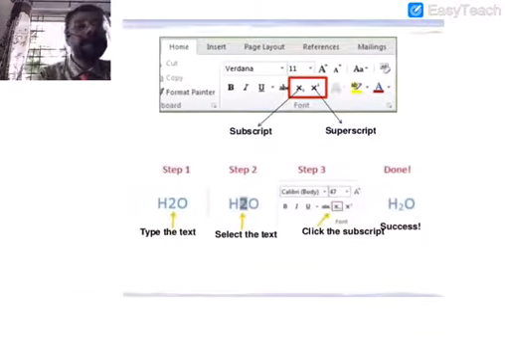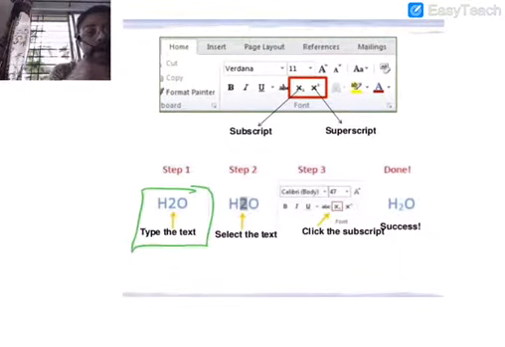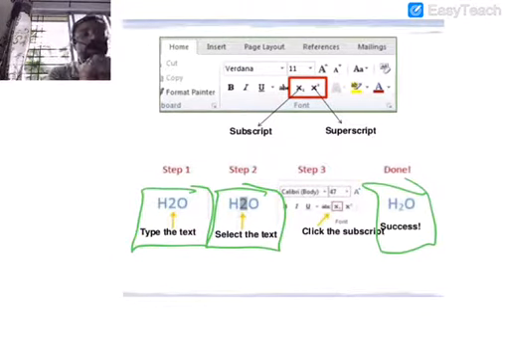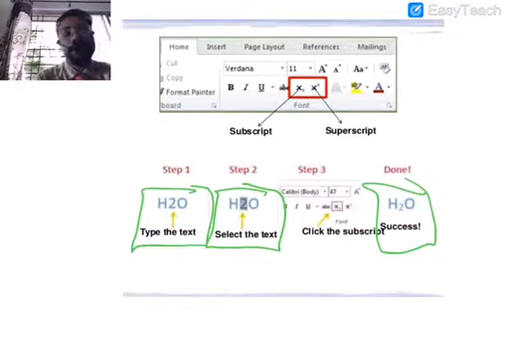Now, see the subscript and superscript option nicely. First, as I told you, this is your standard text, then select the text, then click on subscript or superscript to perform the operation. Understood? So all these slides are clear. Please tell me in the WhatsApp group if it is clear or not. I will personally interact with you to know about your doubts, and then I'll be asking questions. So please go through the slides nicely. All right.